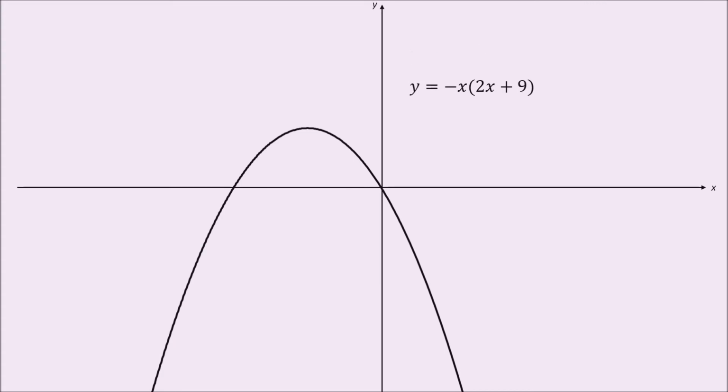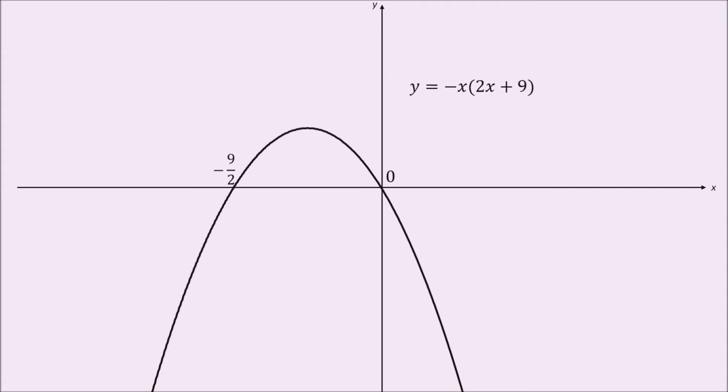So that can be factored as y equals negative x times 2x plus 9. And where is that equal to 0? Well, obviously, if x is 0, it's 0. The other place where it's 0 would be where 2x plus 9 is 0. Let's see, that would be 2x is negative 9, so x is negative 9 halves. Do you understand that? So now I know the x-intercepts because I moved it down, and the vertex is halfway